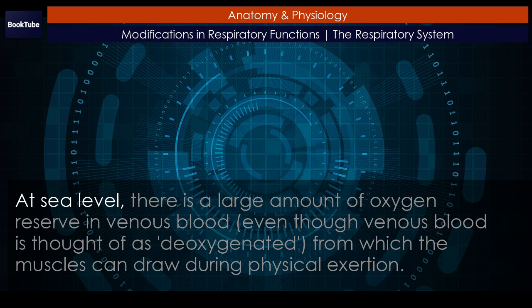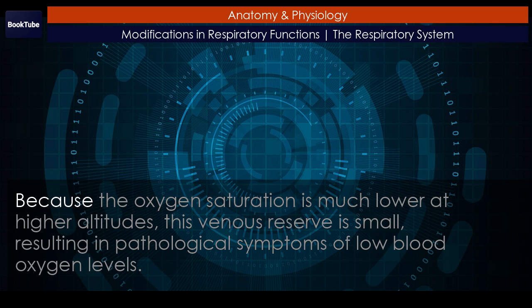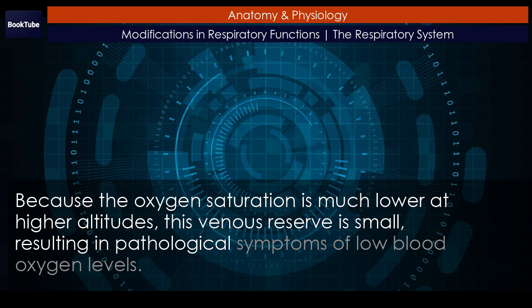At sea level, there is a large amount of oxygen reserve in venous blood, even though venous blood is thought of as deoxygenated, from which the muscles can draw during physical exertion. Because the oxygen saturation is much lower at higher altitudes, this venous reserve is small, resulting in pathological symptoms of